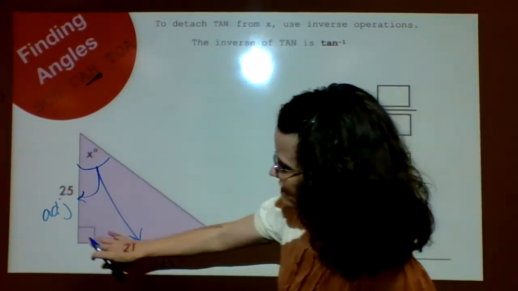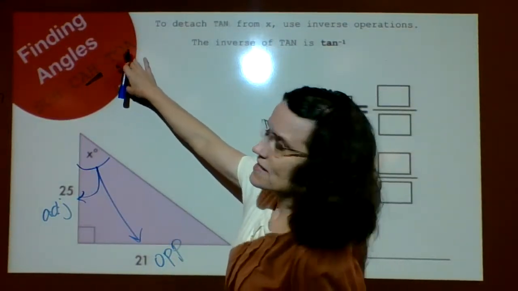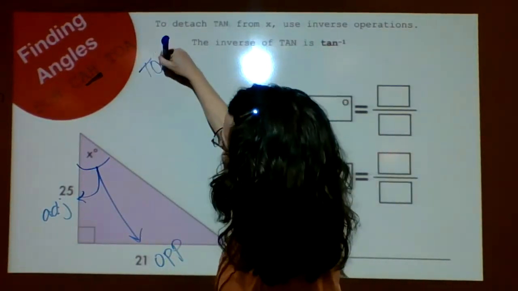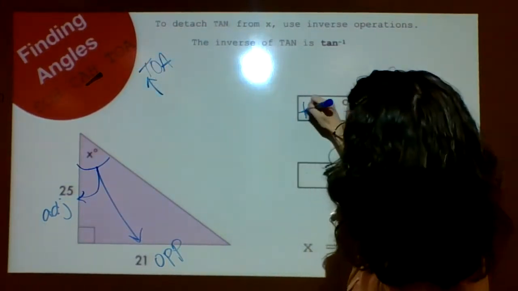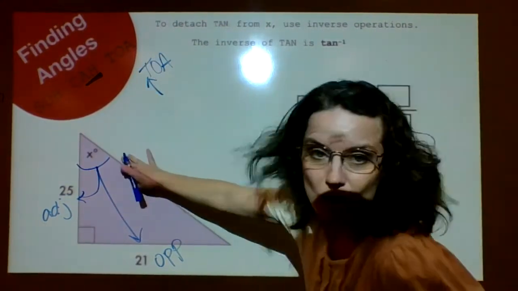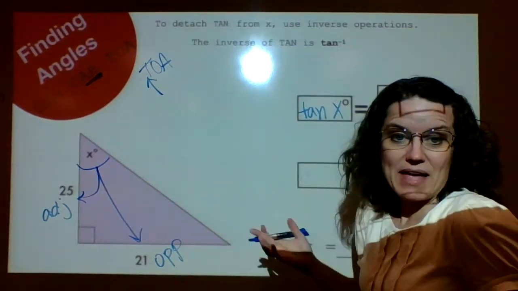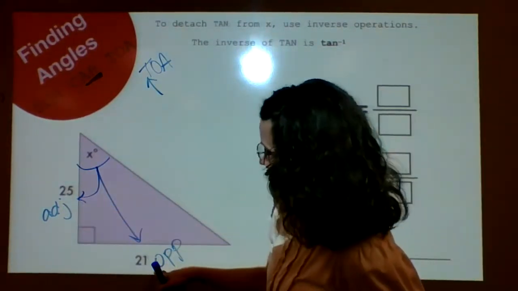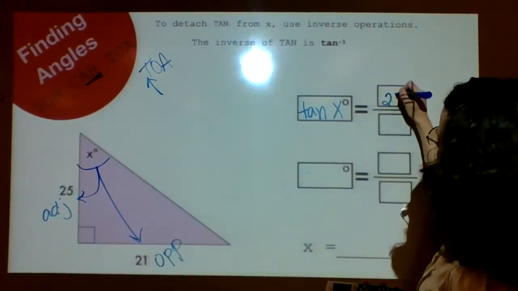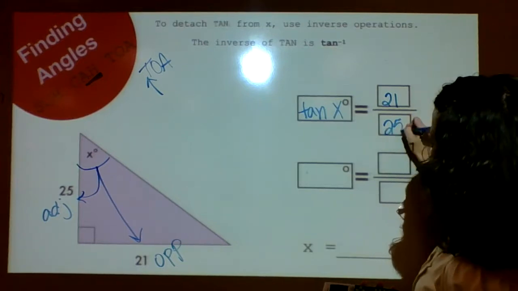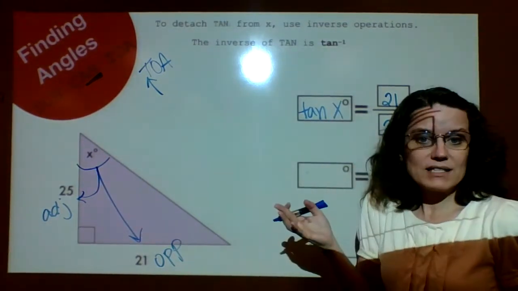So you go, if I'm using adjacent and opposite now, adjacent and opposite are both in TOA from my SOHCAHTOA, so I know I'm going to be using tangent. But I don't know what my angle is, so I'm going to say, well, the tangent of x. I don't know. But I know my adjacent and opposite are 21 and 25. So my opposite is 21, my adjacent is 25. So the tangent of x is this fraction,